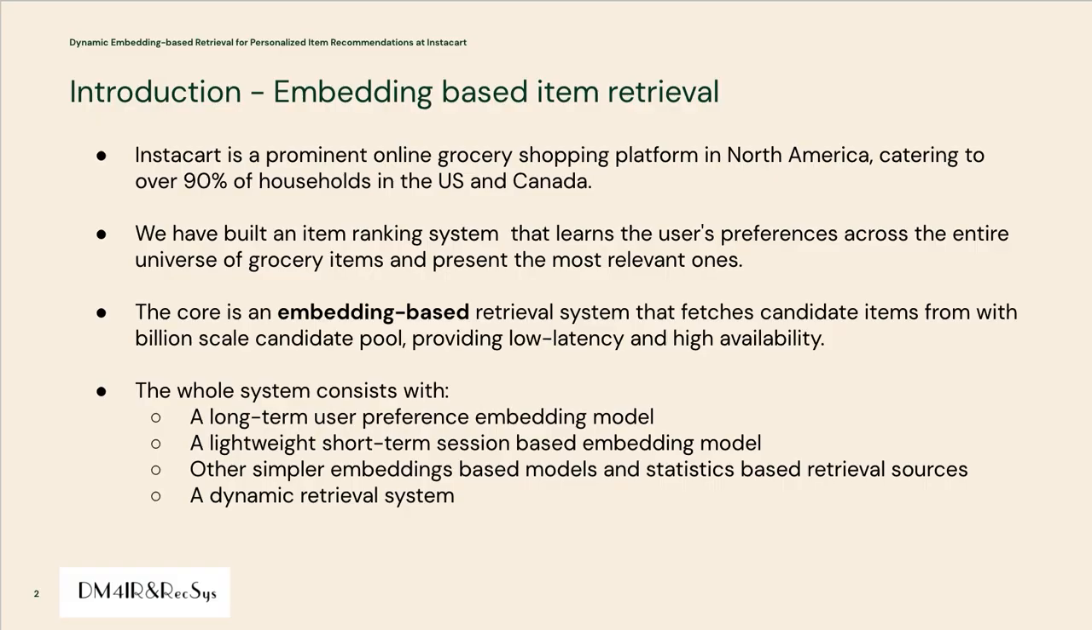As you may or may not know, Instacart is a leading online grocery shopping platform in North America. We are catering to over 90% of households in the US and Canada. To serve our customers, we have built an item ranking system that learns users' preferences across the entire universe of grocery items, and presents the most relevant ones to our customers. The core of this system is an embedding-based retrieval that fetches candidates from the billion-scale candidate pool, providing low latency,